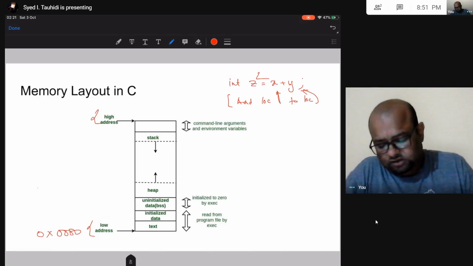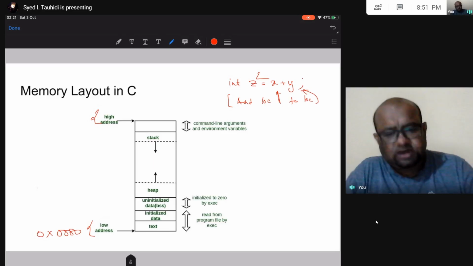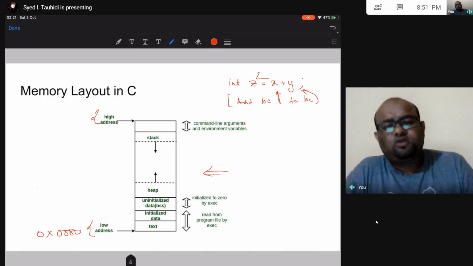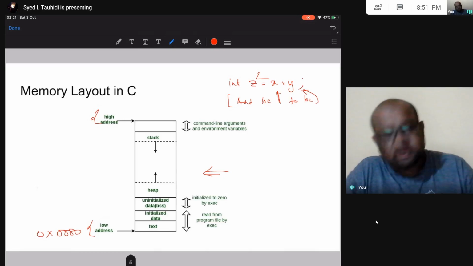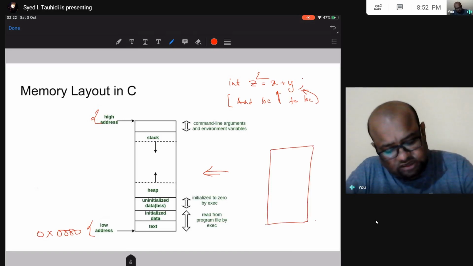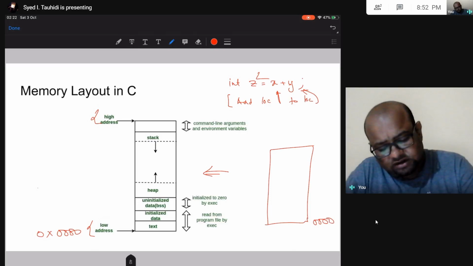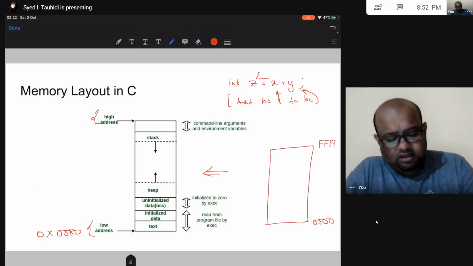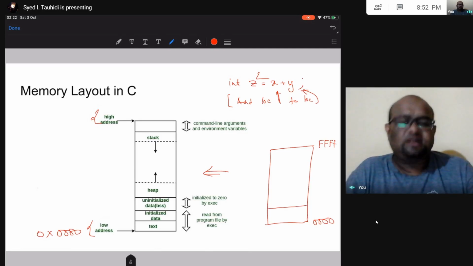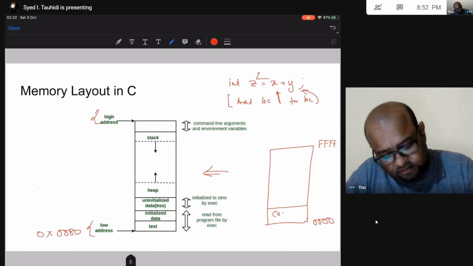Alright, so yeah, this is what we have. Now this memory that is allocated, that you can see over here, is segmented into different sections. Your entire memory is divided into different sections. So this is what my total memory looks like. This starts from location 0, goes up to a very high location, and then at the lowermost location your actual code is going to be there.